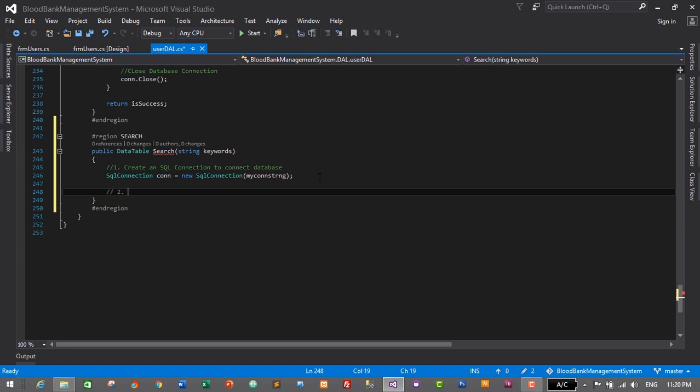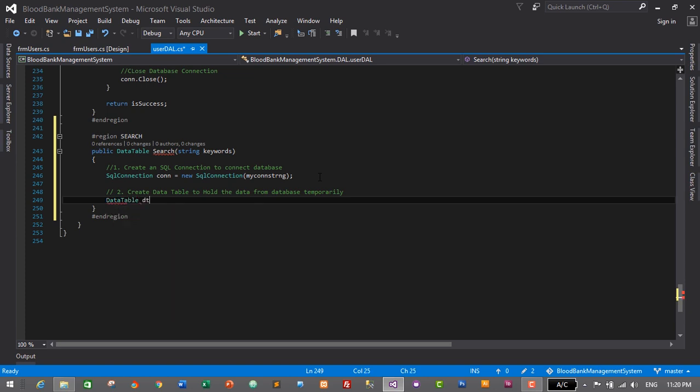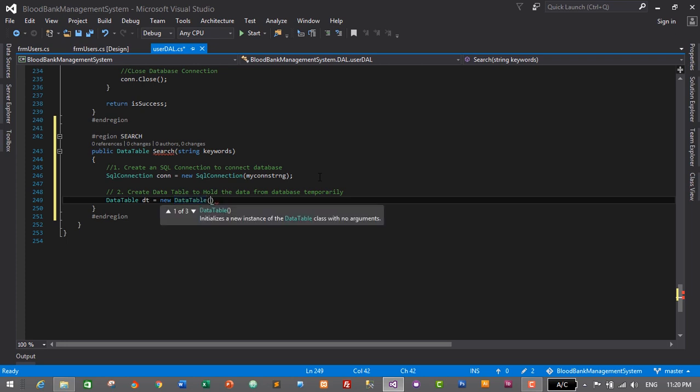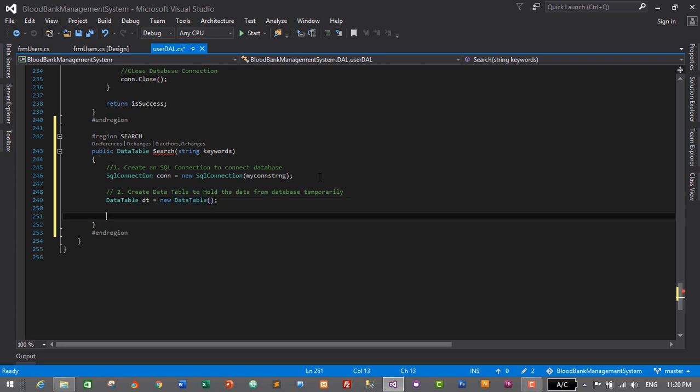So create data table to hold the data from database temporarily. Data table dt is equals to new data table, and we will return this data table as well. So return dt, and it will solve our error as well, and between this we'll write the actual code. Write the code